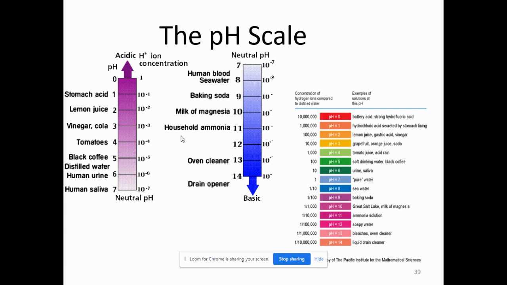So something at pH 6 has 10 times more hydrogen ions in solution than something at pH 7. If you go to pH 5, again, this is a logarithmic scale, so a solution at pH 5 has 100 times more hydrogen ions than something at pH 7. All right, so here you see just some examples